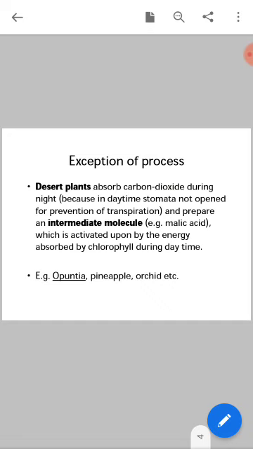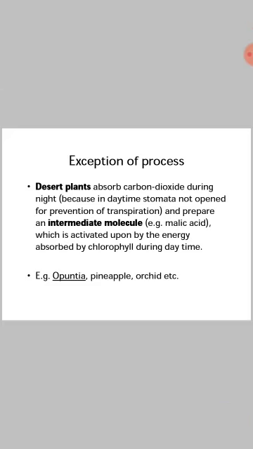We are taking some plants that grow in desert areas. We know that in desert areas the weather is very hot. So in the daytime, the plants present in the desert do not open their stomata, so that the water present in the plant cannot evaporate. That is why the plants in desert areas do not open their stomata in the daytime. Rather, they open their stomata in the night, when the temperature is very low.